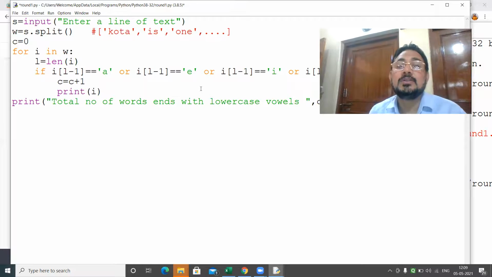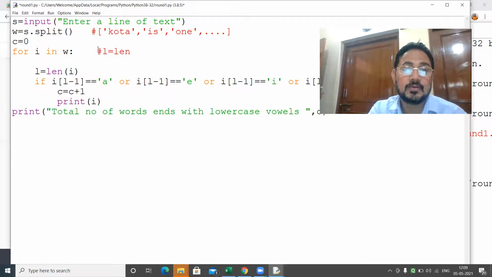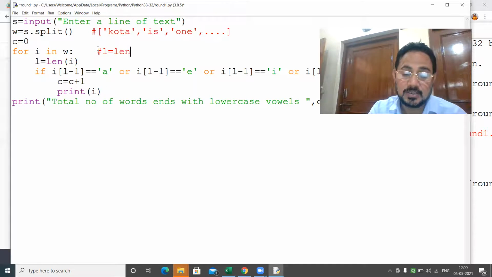Here, for I in W means each word is read. The first word is coming, and I am finding out the length. L is equal to length of Kota, which is 1, 2, 3, 4.